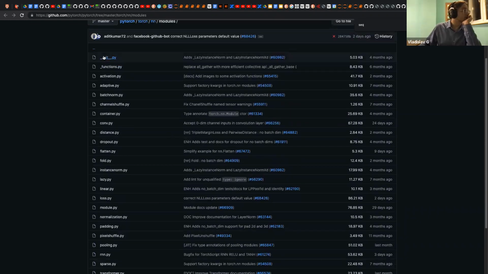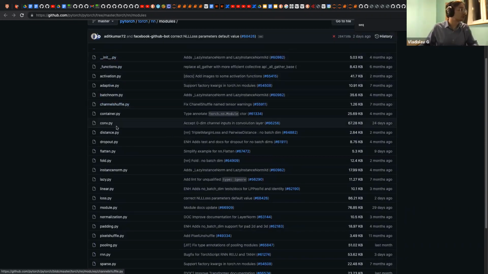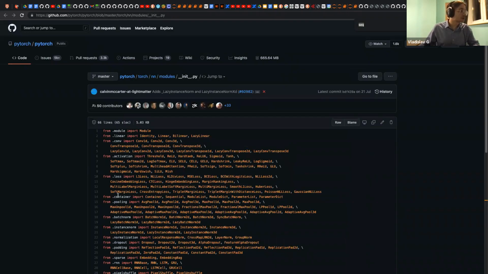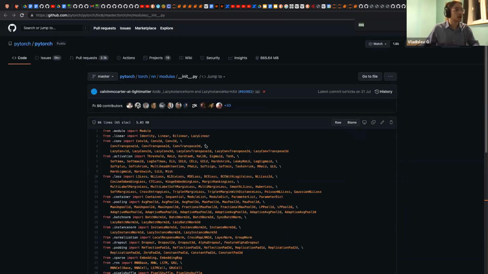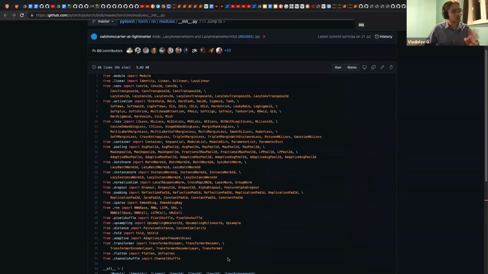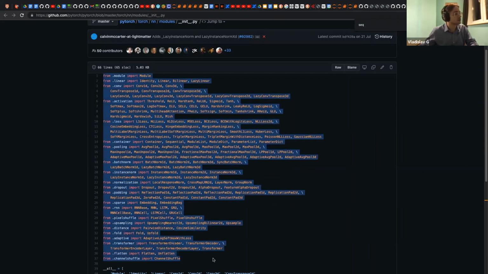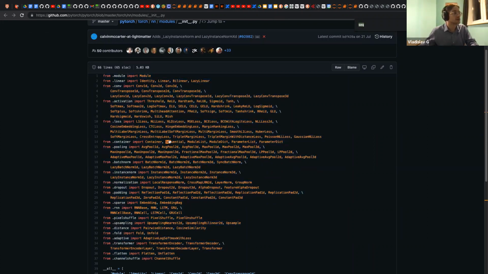Sequential is in .container. I mean, in init.py we sometimes have all the things, and I see that the Sequential we're searching for is in container.